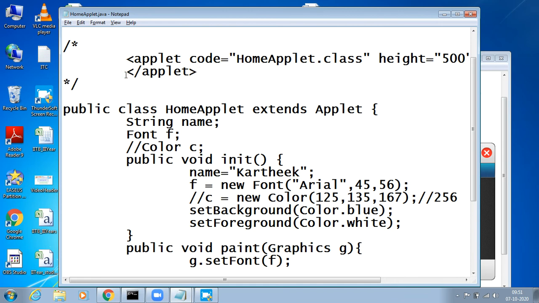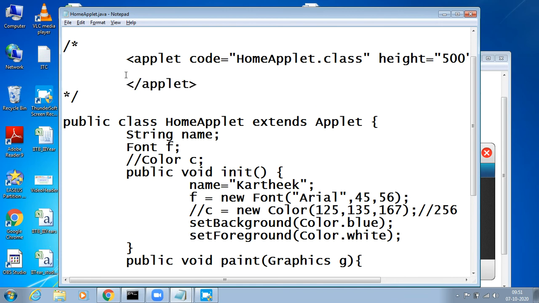In this code we can use a tag called param. Param and param close, we have to give inside this applet code.